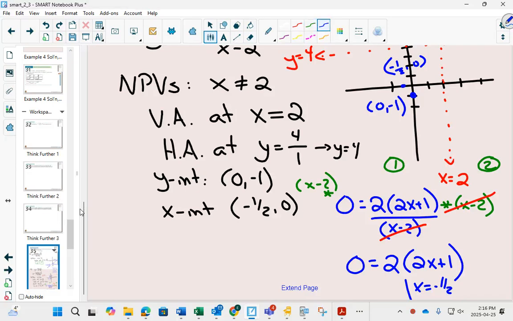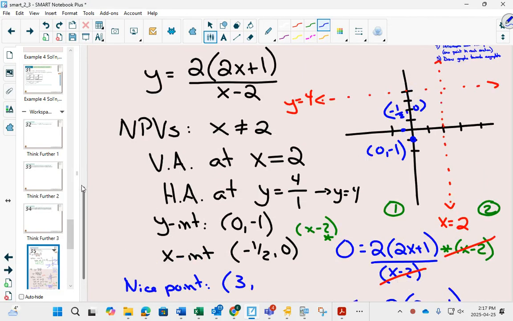We already have points in section 1, but we do not have any points in section 2. So to get a nice point, I'll even write nice point, pick an x value in section 2. Well, you can pick anything bigger than 2. I usually like to pick something close, so it's not way off in my graph. So I'll pick 3. Sometimes 4 is nicer, but you can pick any number you want,